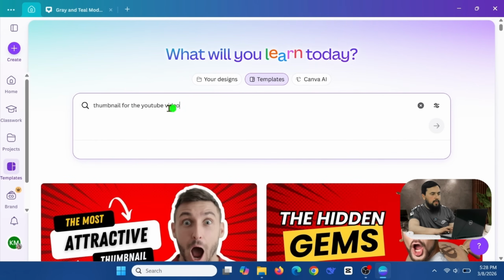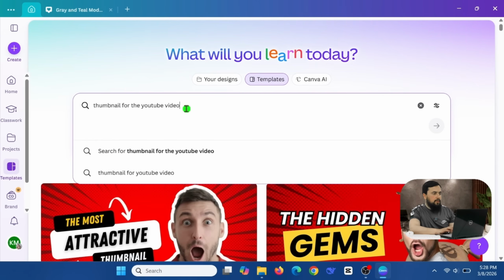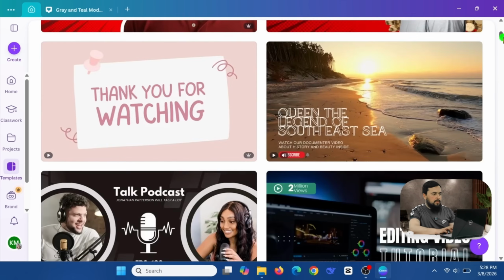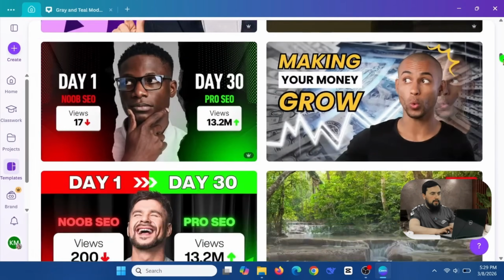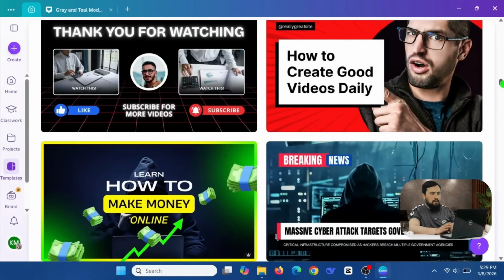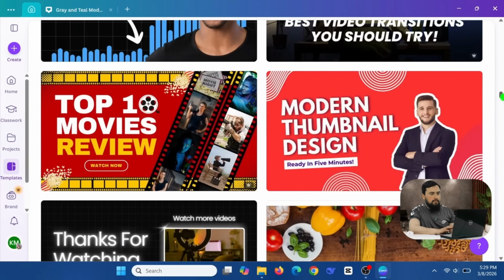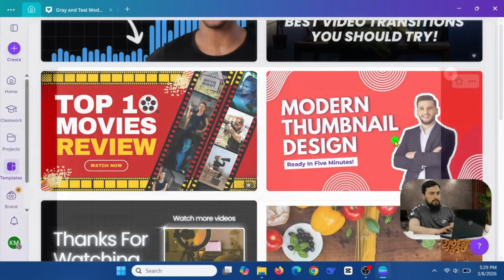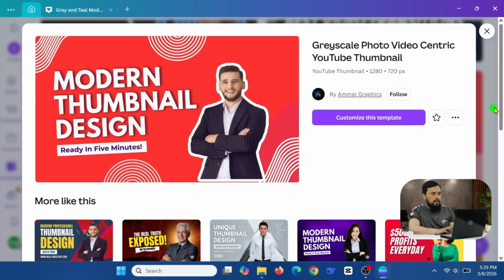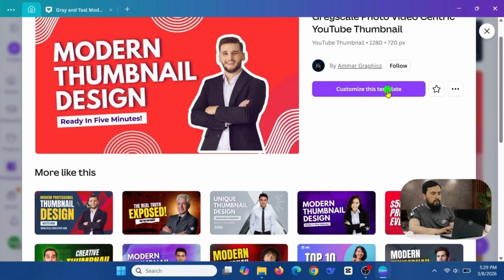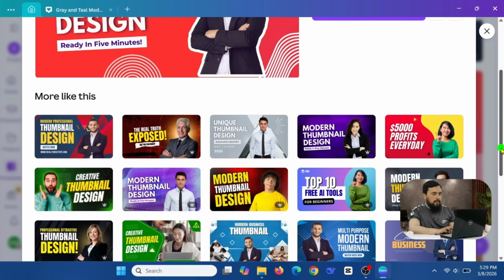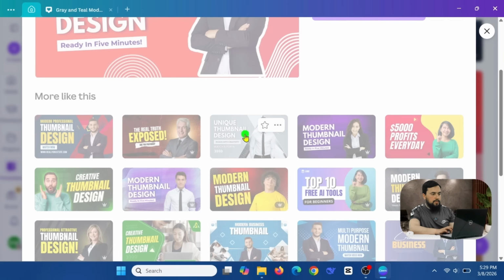This is the home page of Canva. Click on Templates and write "thumbnail for the YouTube video." Type it and then click the Enter button. These are all the thumbnails for YouTube videos. You can see below there are also more thumbnails available in the Canva application. I want to select this one thumbnail, click on it,